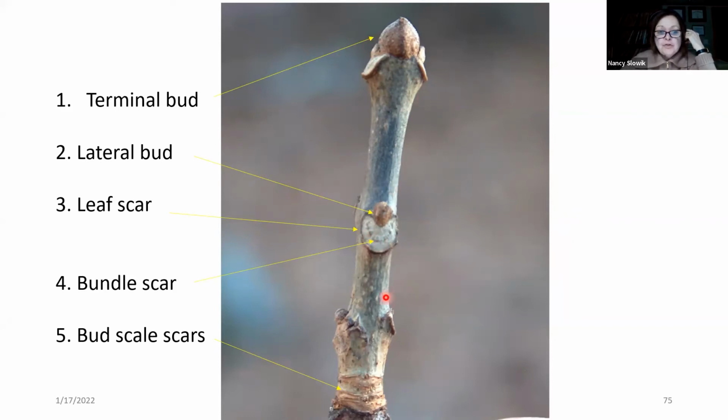The lateral or the side buds, these beautiful leaf scars that almost look like faces, and the bundle scars where the vascular tissue was attached at one time before the abscission layer sealed it off. And then, of course, the bud scale scars, which from here to here would indicate that that was the one year of growth. That terminal bud had been located at this base. So we look for all of those features when we go out into the woods,